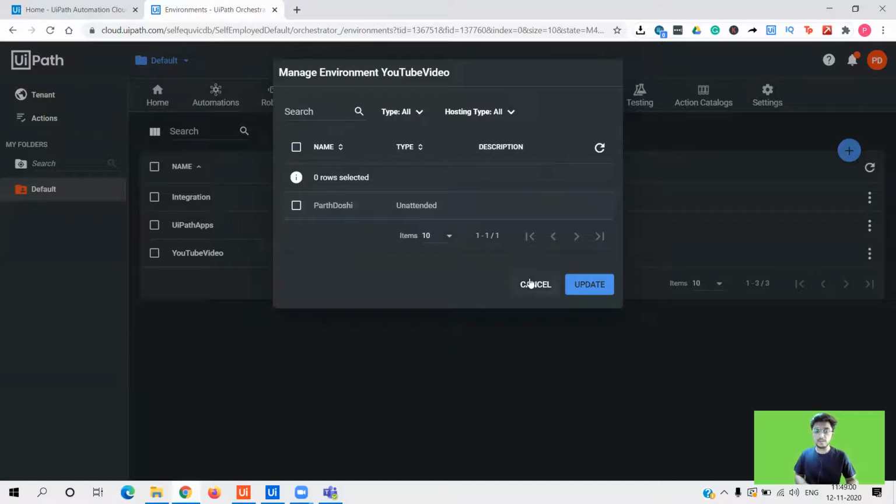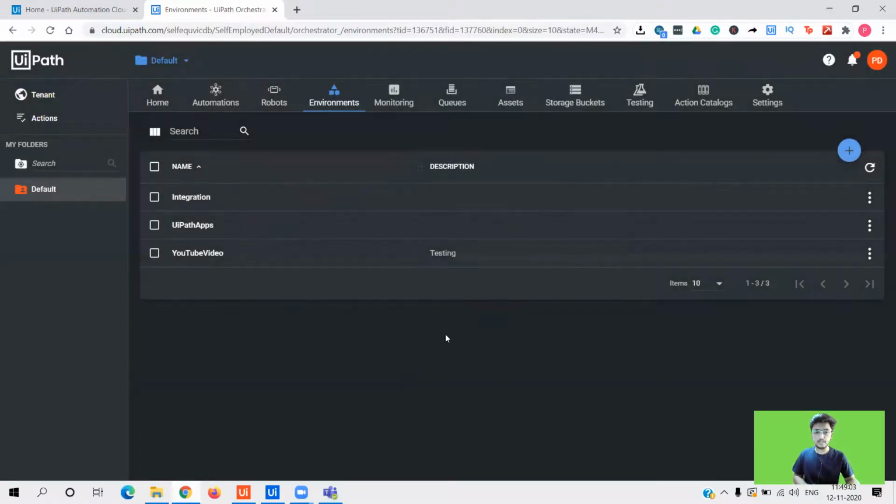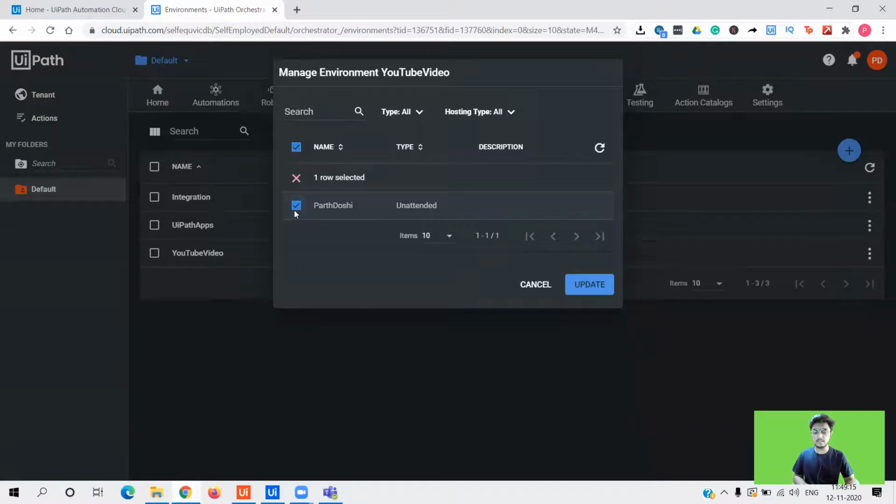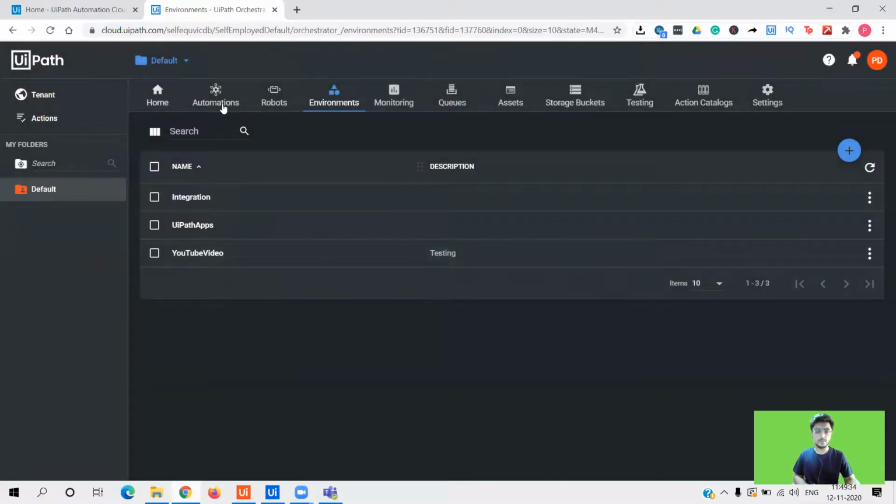Now, in case you forget to select this, and let me just click on update, you see it is not mapped to any particular robot. So what I'm going to do is click here, go to manage, and then select this. This is one of the major problems that I had faced. I hadn't mapped it before, so I was facing a problem of how to map it. If I select this and update, I think it should give me an error because one of the environments is already using it. Not sure. Let's see. Okay, no, it's great.